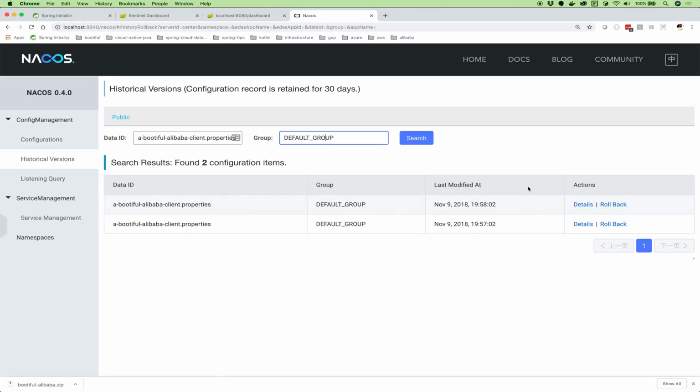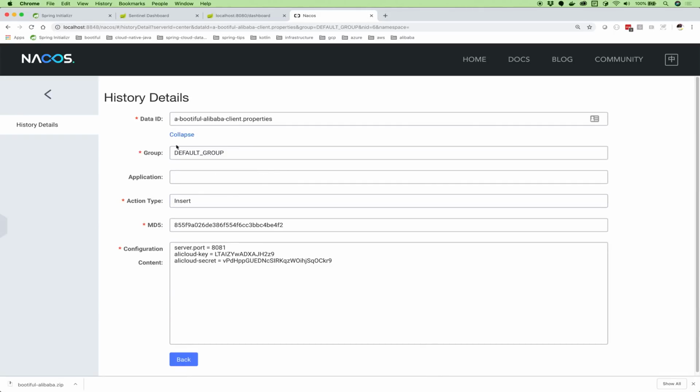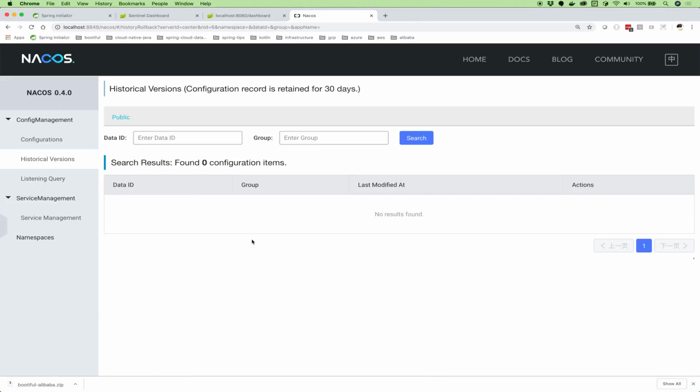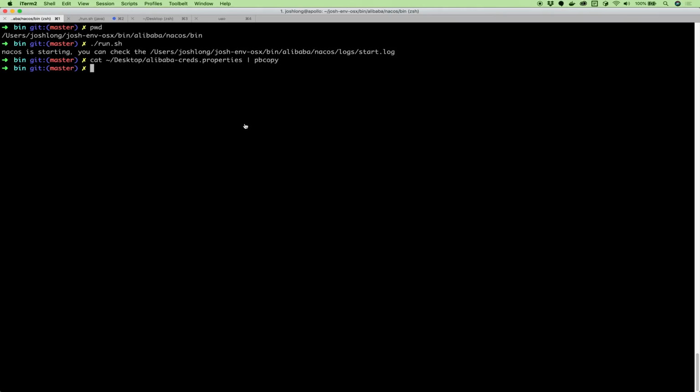And this is sort of like what you get when you have Git in the Spring Cloud config server, but it's just nice to have it more front and center. You can explicitly roll back to this particular configuration set. You can see the details. You can see that it's an insert thing and whatever. Okay, very interesting. Now we have our configuration. We haven't even used it yet. So let's get back to using it.